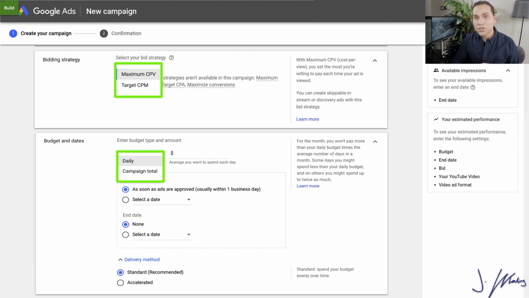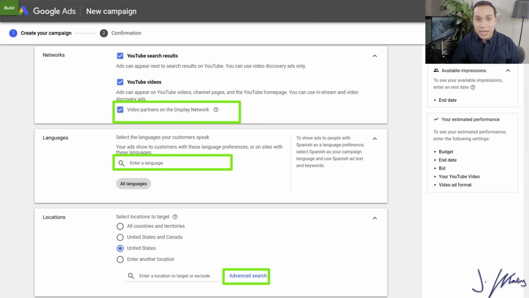So I'm going to let you choose when your start and stop dates are. I recommend doing at least 2 weeks and start with at least $5 a day for your campaign. If you're on a really tight budget, we are making 2 campaigns, so go ahead and put in $250 here. So you have $250 on this campaign, $250 on the other campaign. Again, it's okay if you only run it for a week or 2.